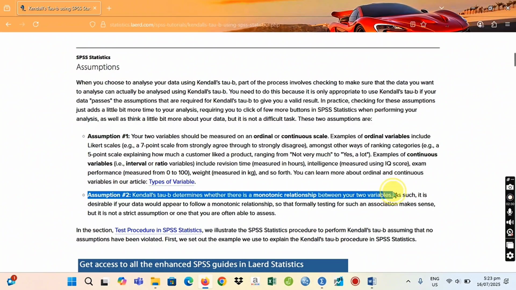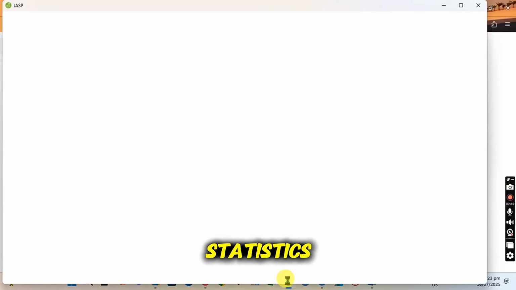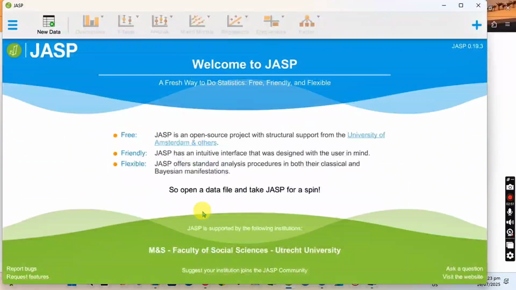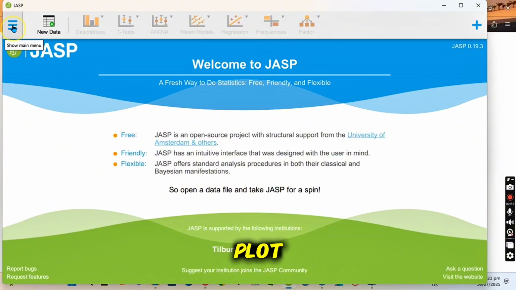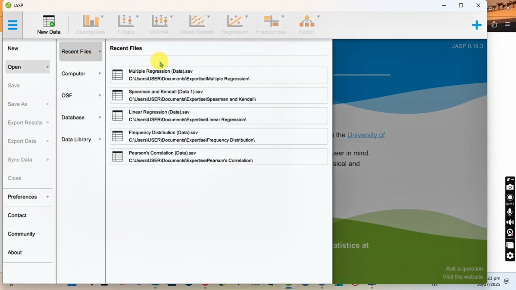Second, Kendall's Tau B determines whether there is a monotonic relationship between your two variables. We will check this one using JASP, Jeffrey's Amazing Statistics Program. We will consider a scatter plot as what we are doing. Okay, open.